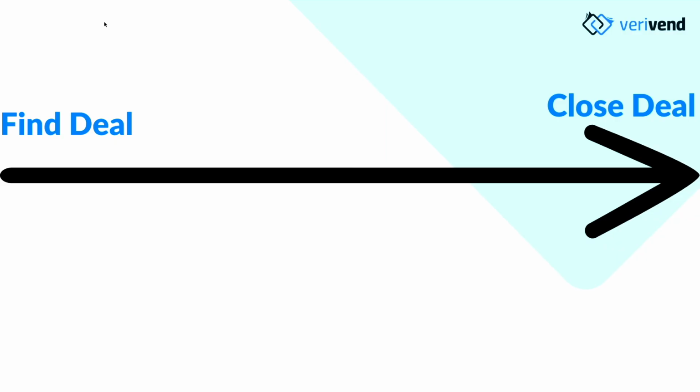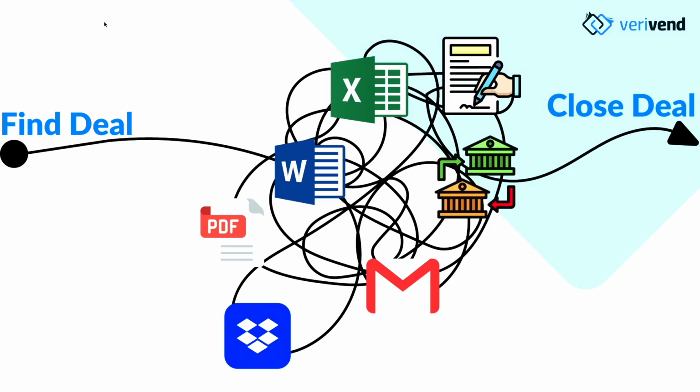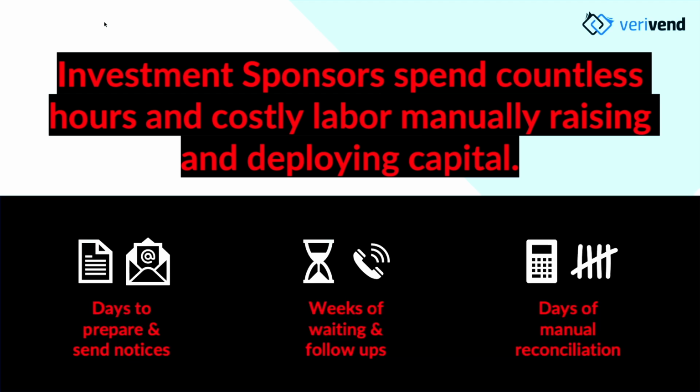And it should be like this. You find a deal, you close a deal, you straight line it through. Easy, right? Does it kind of feel like this, though? And it's like this with all of these other things on top of it. Microsoft Word docs, Excel spreadsheets, email, Dropboxes, data rooms, bank transfers, signatures.